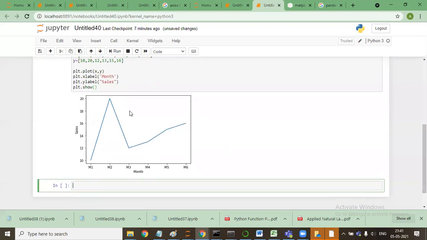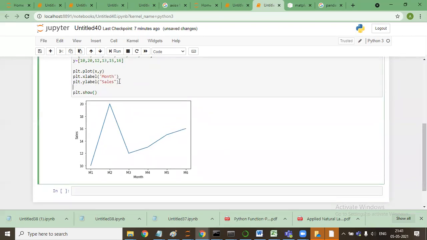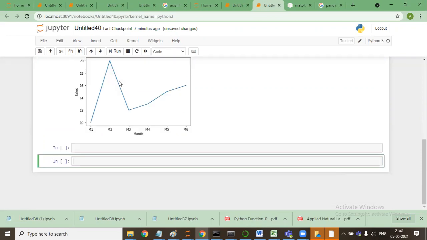Now it will show me the value as the month and sales. And if I say here as well, plt dot title, and I'll say monthly sales data.